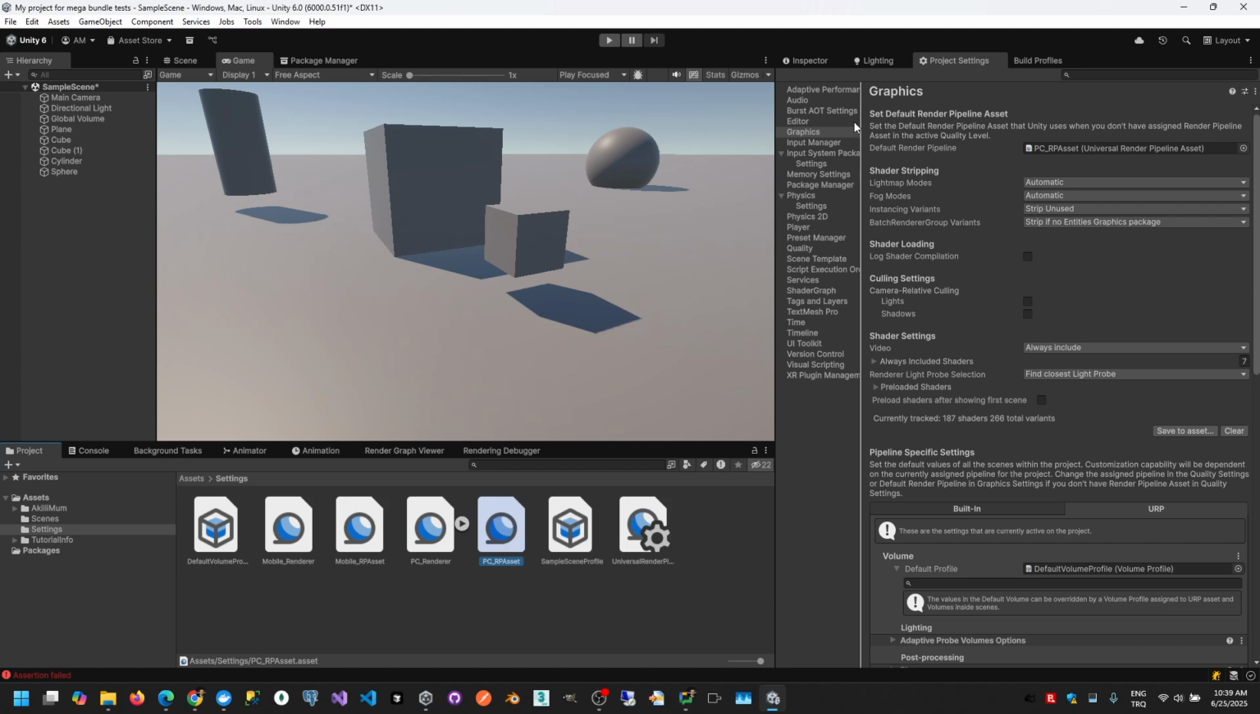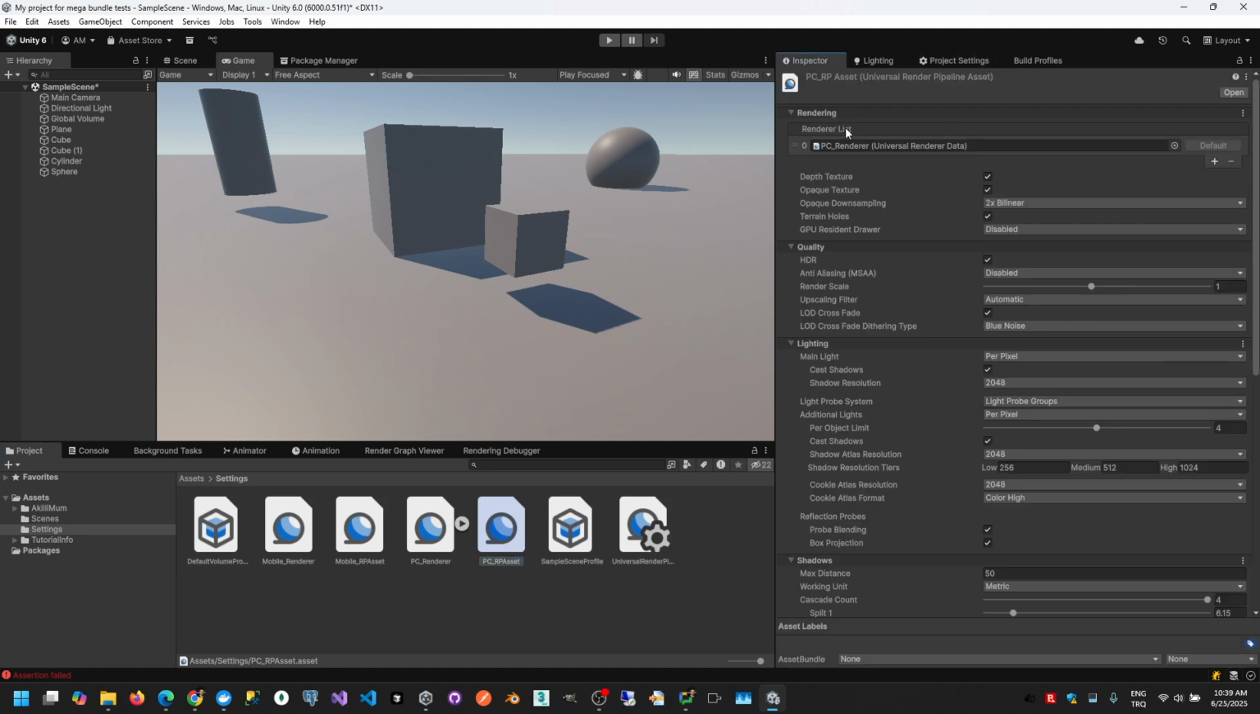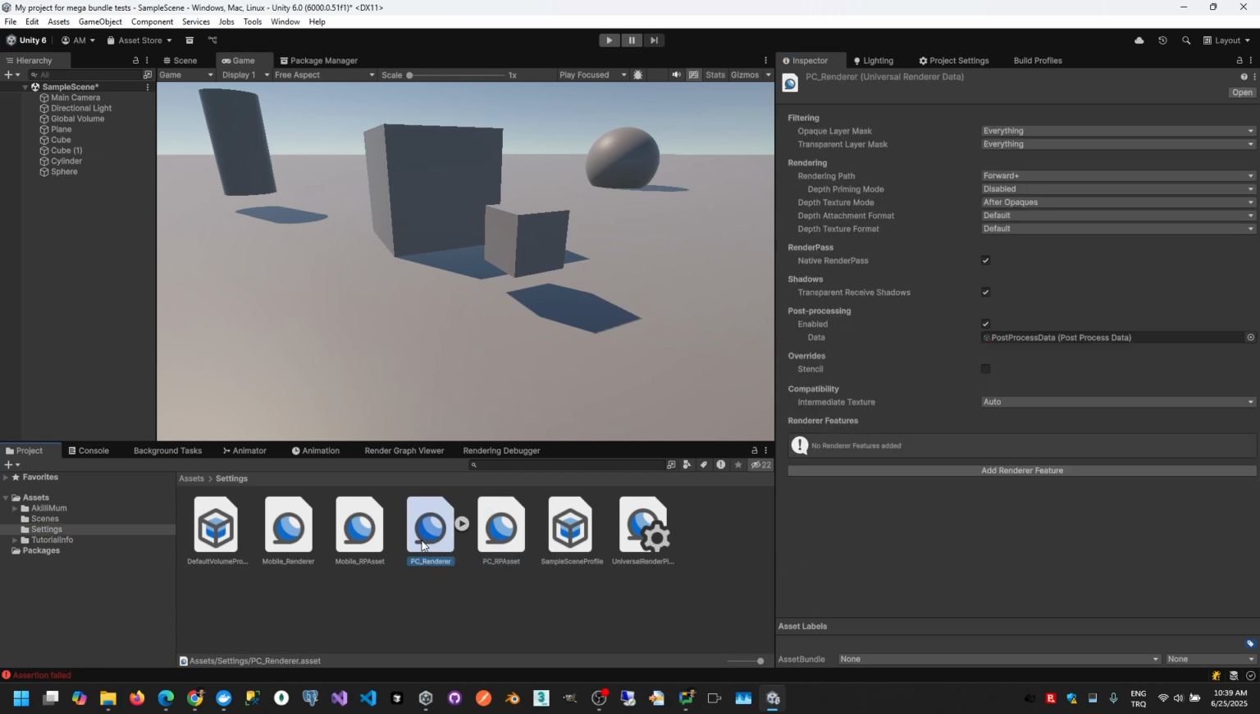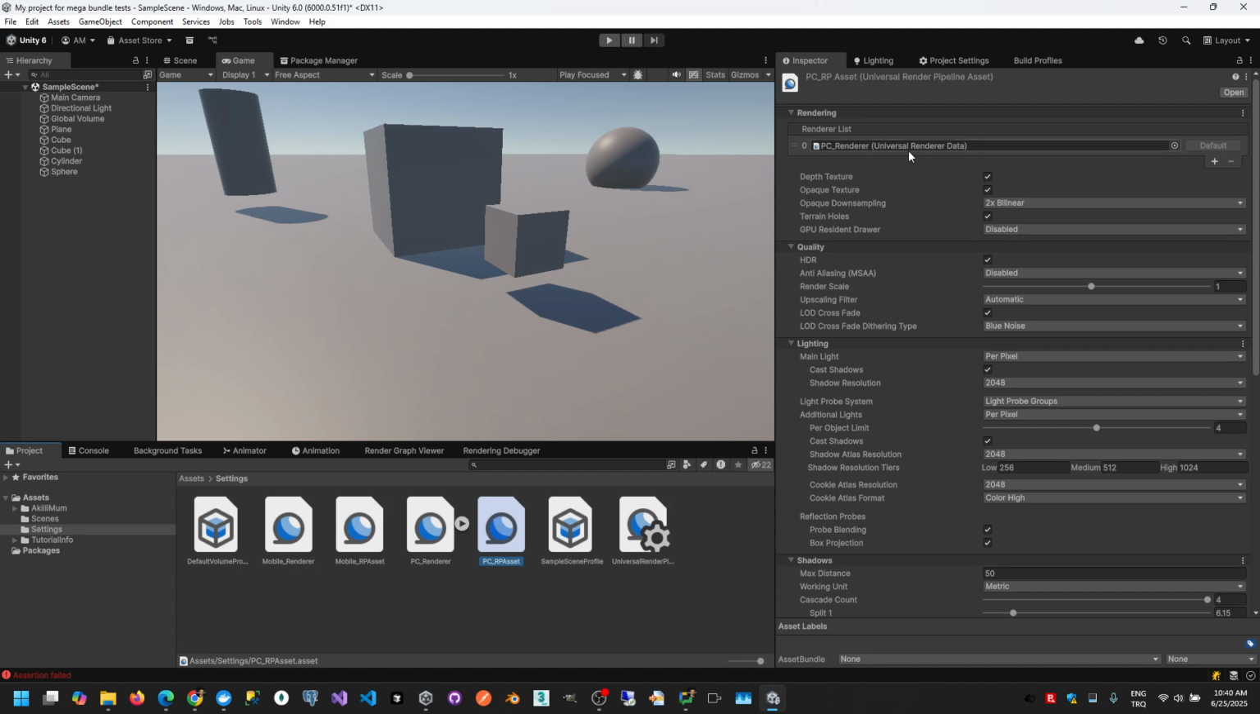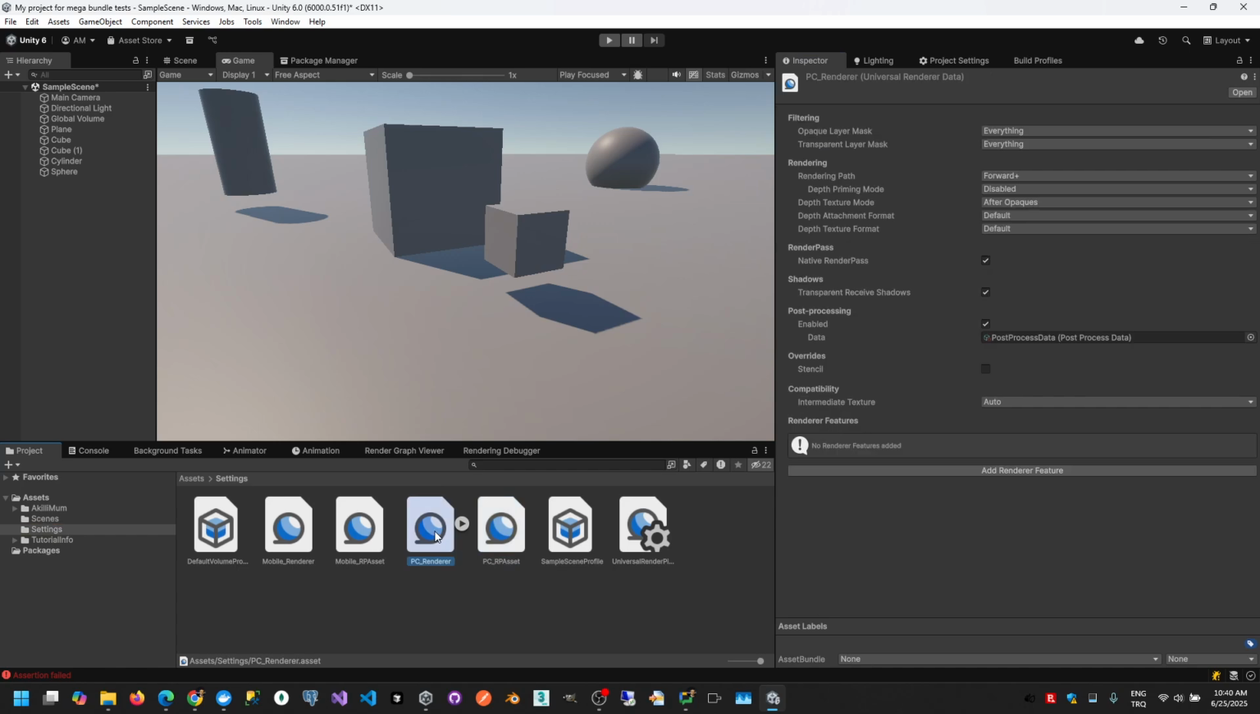renderer here, the render pipeline. So if I go to the inspector, I can see its properties here. As you can see, the depth texture and opaque texture are enabled. And if I go to the renderer list, here it uses our renderer data here. So we have to add our renderer features here. So this is our render pipeline asset, and it uses these renderer data for the renderer features and some other